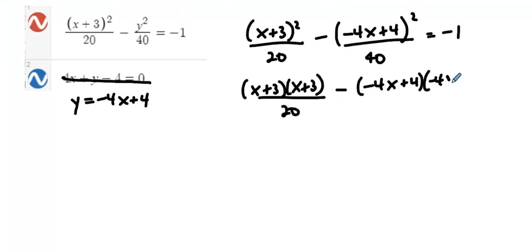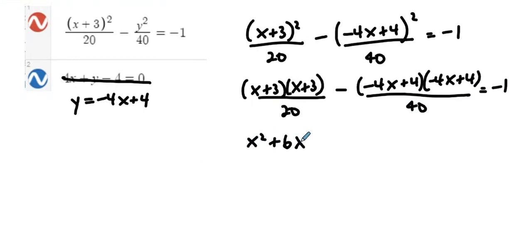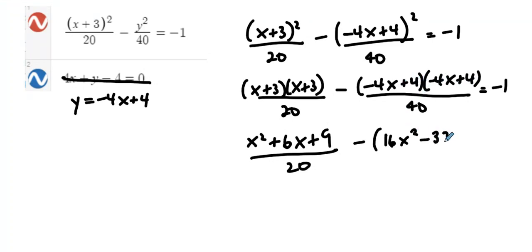These are binomials. They need to be expanded. You don't have to show this step if you're strong in algebra, but we have x squared plus 6x plus 9. And we have here, what do we have here? Negative 4 squared is 16x squared. Negative 16 and negative 16 is negative 32, and 4 times 4 is 16. So